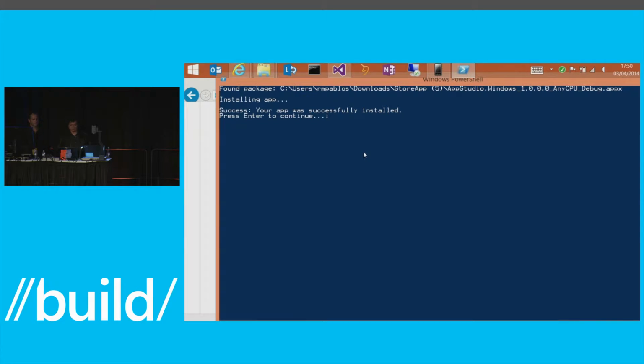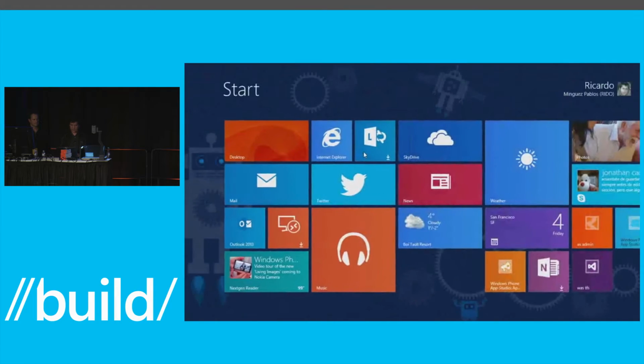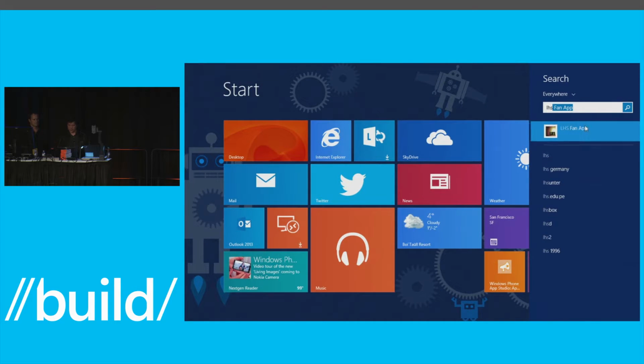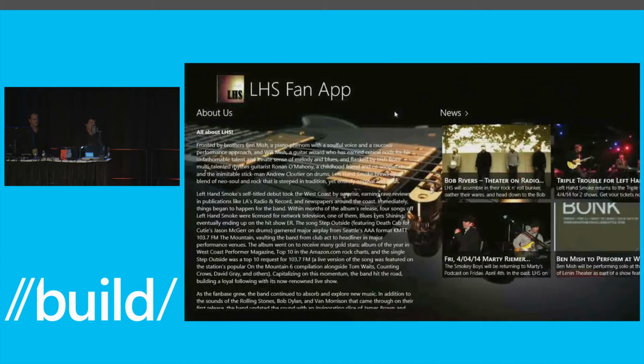So now it's deploying, it's deployed here. Let's see. Here we go. And here we have the app that we have just created in minutes. As you see,